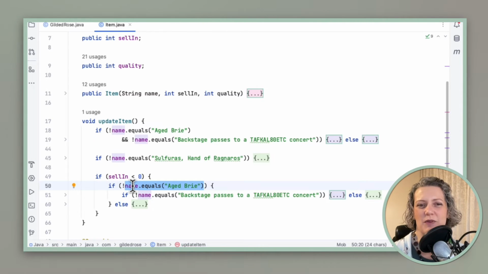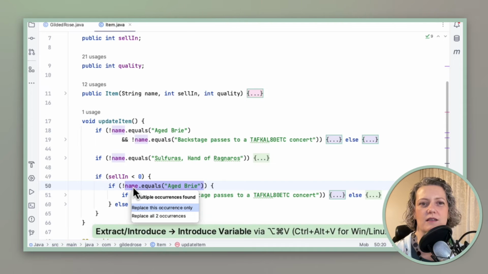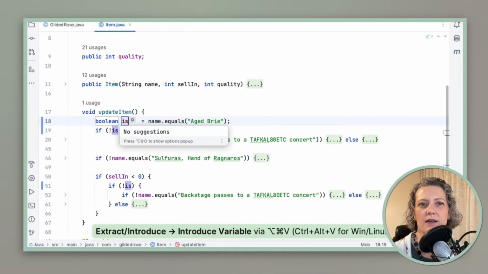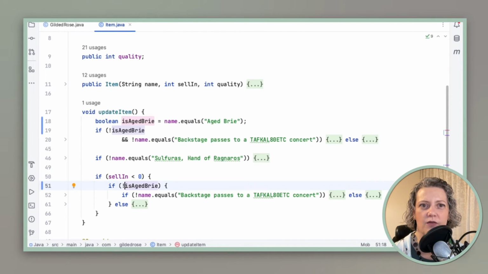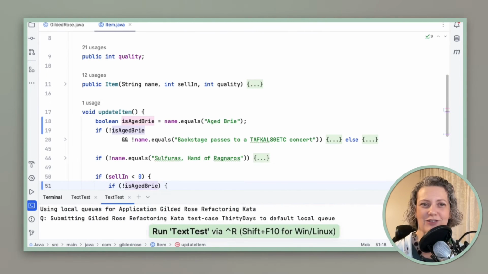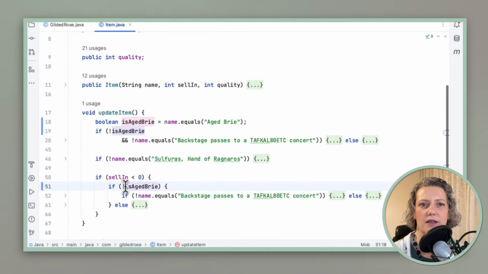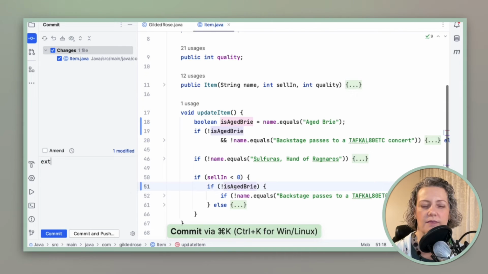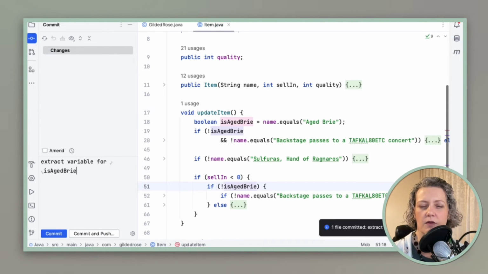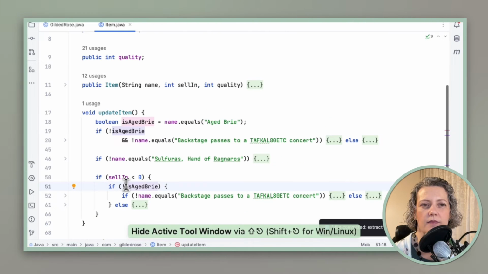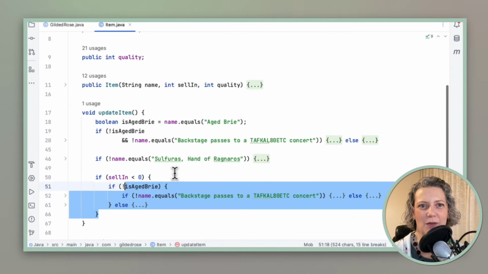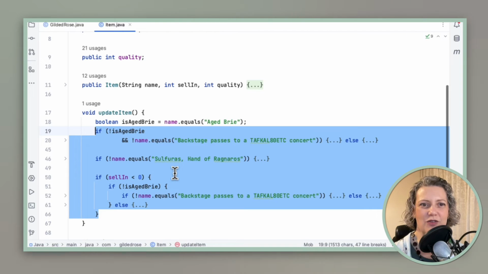But that is one thing to watch out for with this particular refactoring. So there we go, I've extracted a variable for that. And now I think what I want to do is apply the lift up conditional so that conditional is only in one place, because I think that would simplify this logic. But before I do that, let's just make sure we've got a commit. So we've got a checkpoint if we need to come back here. Okay, so the steps of the lift up conditional refactoring are